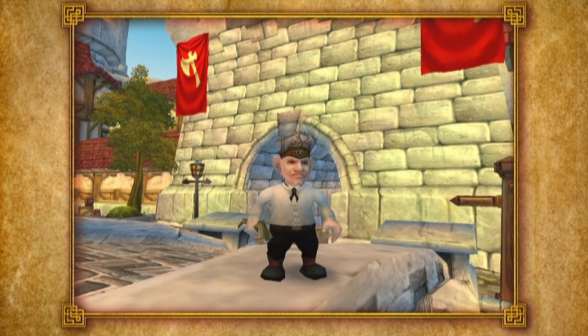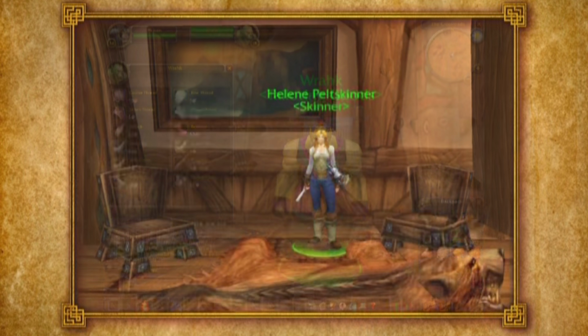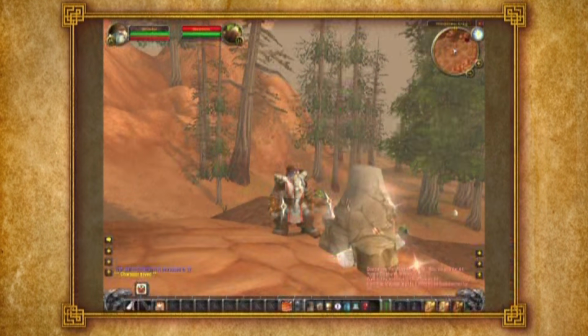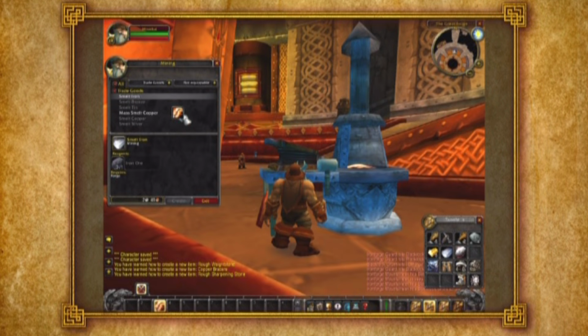With the crafting skills, we wanted to make the making of items really fun, not just something where you go and buy the ingredients from a bunch of vendors and then make something. We wanted to make collecting the elements part of the game itself. We also try to make sure that the ingredients for the recipes are on creatures in the world or in other dangerous places. We really feel like it's a much friendlier system, and it allows anyone to become a trade skiller